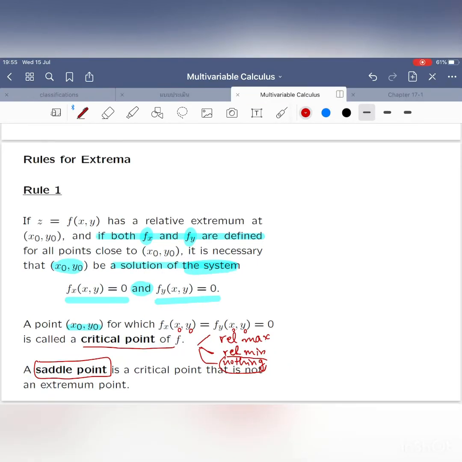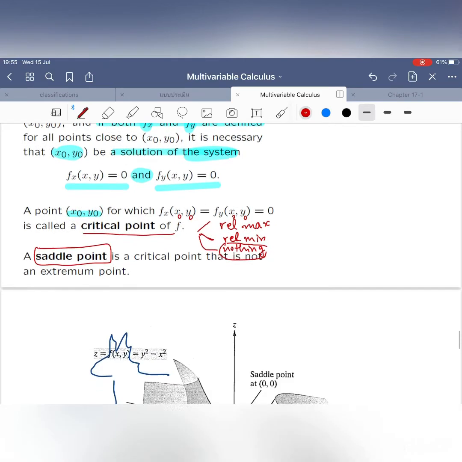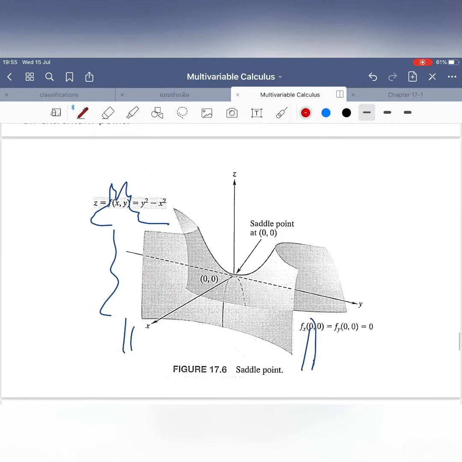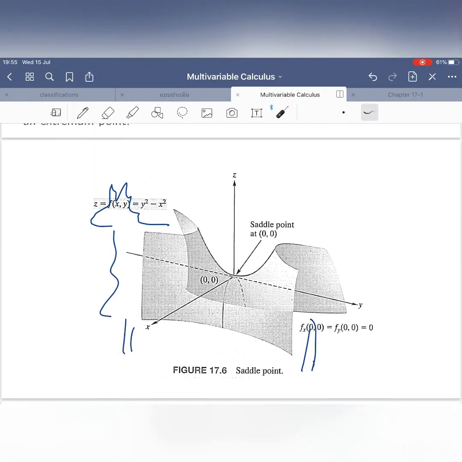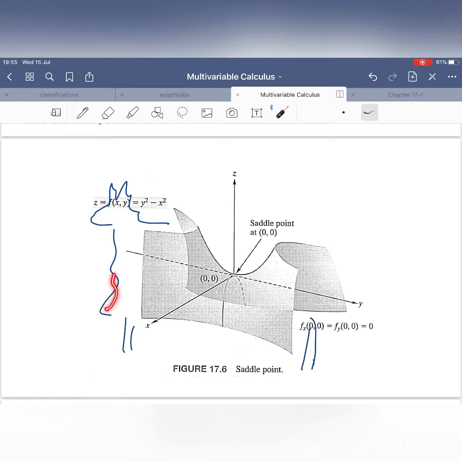And do you know what the saddle looks like? Okay, the saddle looks like this. You know that the saddle is the one that is put on the horse. So here's the horse and here is the saddle. So by saddle point it means that if you look at